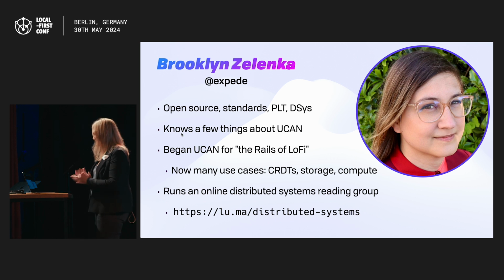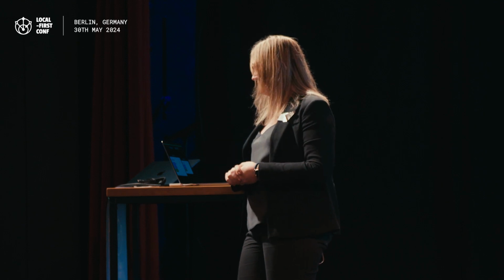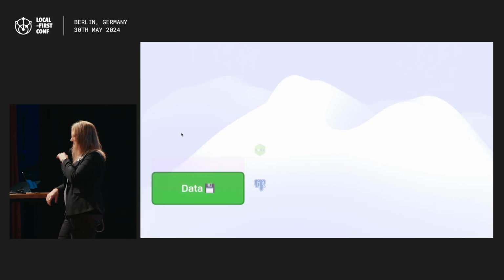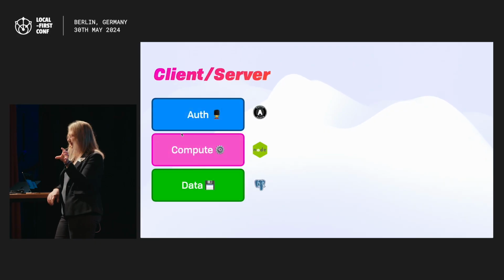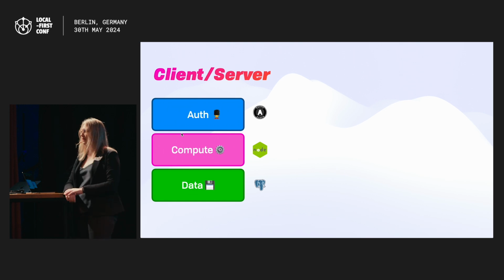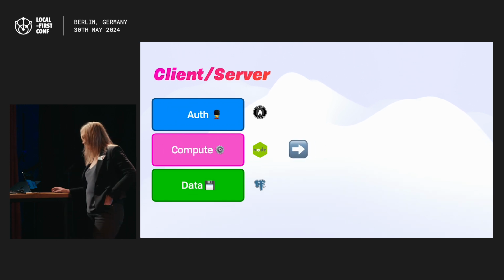So the first thing that we did when we were looking at this problem is, we have a web background. And we thought, you have a data layer, something like Postgres. Then you have compute on top of that, like a web server. And then above that, you put your auth plugin. And that failed miserably several times in this local first context, right? Because everything has to be static.